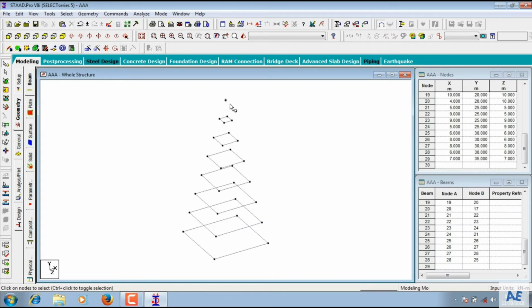After that I need to join these node points with respect to the y direction by add beam command. Click on add beam command. I am joining vertical direction beams, nothing but columns, steel columns. I am adding the steel columns. In a similar way we need to add the vertical portions in the remaining 3 directions.